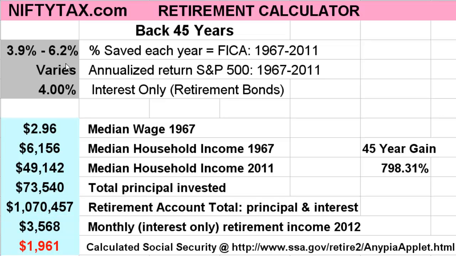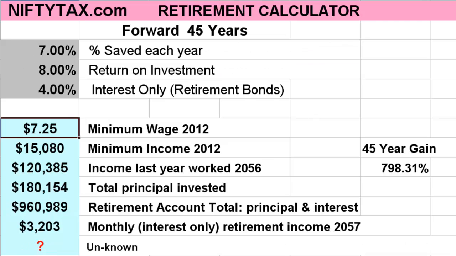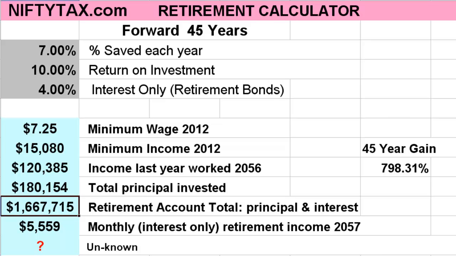Those annualized gains for the S&P 500 average out to be over 10%. If we increase our return on investment to 10%, our retirement total now is equal to over $1.6 million, with a retirement interest-only payment of